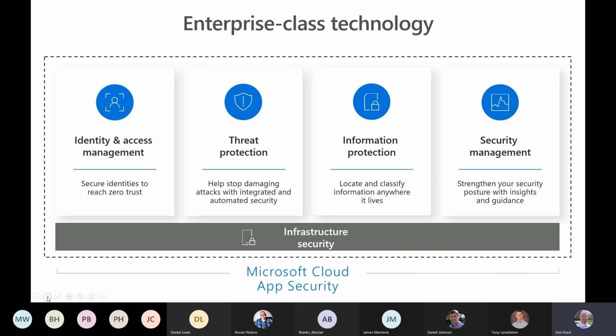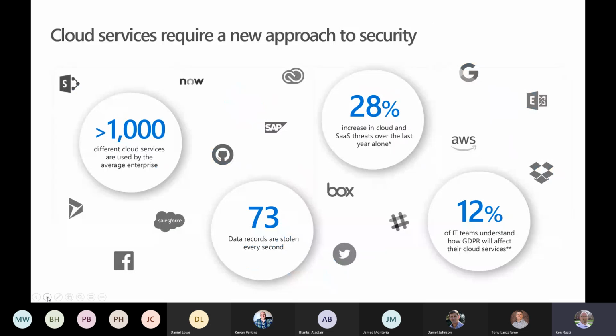One of the things that we do is through Cloud App Security. That's one of the products that we'll talk about first. What Cloud App Security does is give you a different approach to how we look at our applications and our data. I mentioned before that there are so many different cloud applications out there. The big ones like Office 365, Google, and Amazon, but there are all these other applications that your IT customers are probably using. How do we begin to bring that together and put some structure around those applications, and what data and information is being